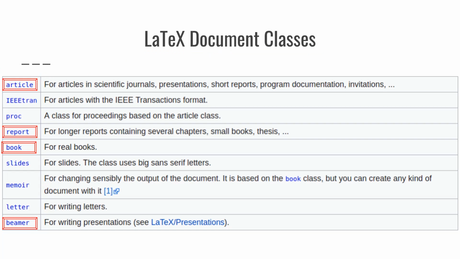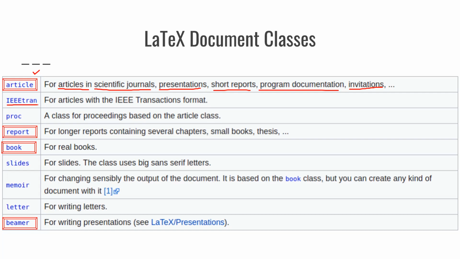Article. Inside document class, in a pair of flower brackets, we write article. What is the meaning of this article? It is used for articles in scientific journals, presentations, short reports, program documentation, and so on and so forth. So if you are using LaTeX for such purposes, you can set the document class to article.